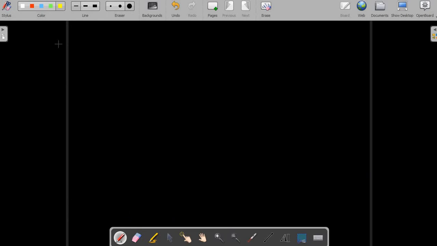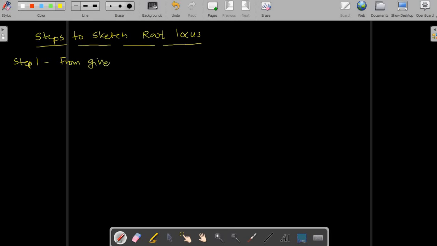Okay, now let me write here the steps to sketch root locus. Now, step 1, the very first step: from the given open loop transfer function,